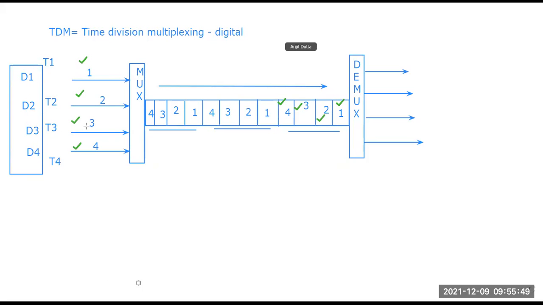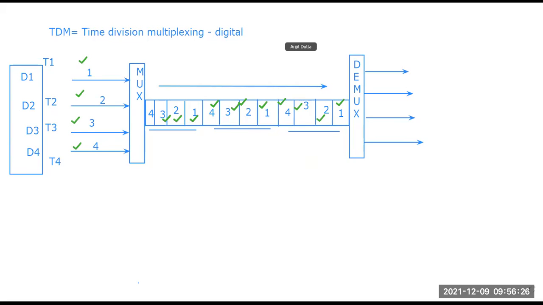Now when D4 has got its time, and after D4 has finished its time allotment, the time allotment is recycled and goes back to D1. Again D1 has the opportunity to transfer its data. The same goes for D2, D3, D4, and then again D1, D2, D3. This is the process of data flow: each device has a particular time allotment in the single bandwidth channel to transfer its data.